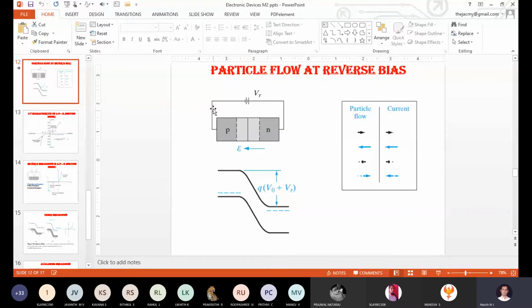So when I have provided only that much voltage, what are the minority carriers in the P type? What are the minority carriers in the N type? They will start diffusing towards their original destination. So those electrons, which type of current will they constitute? That current we call the drift current.